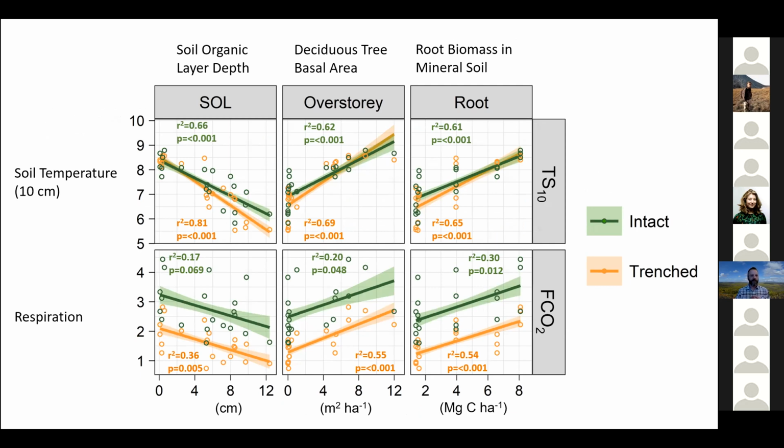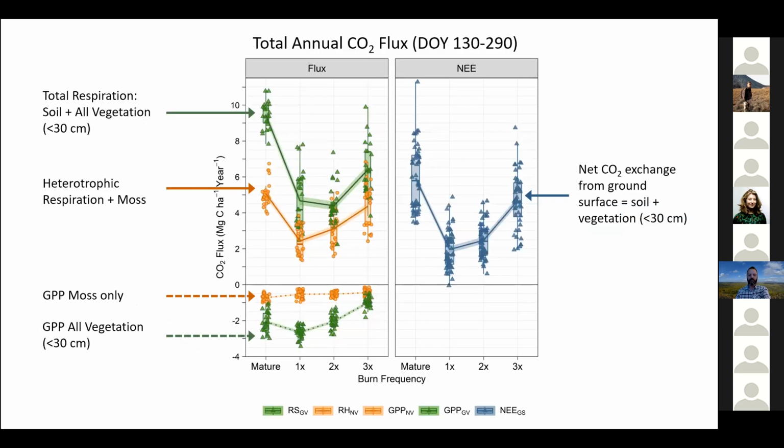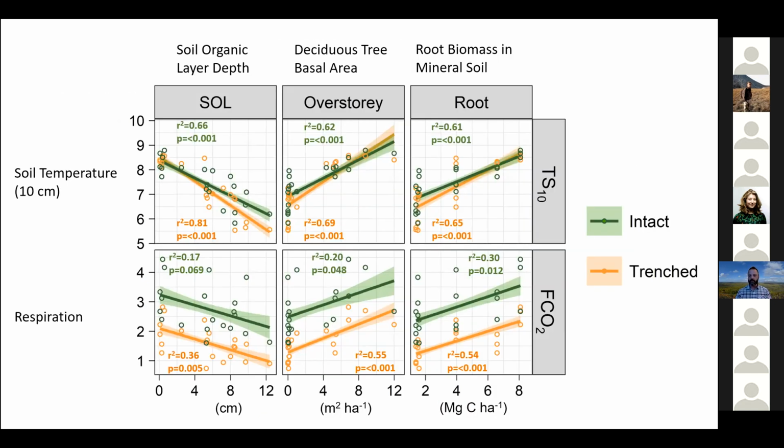However, that was only when we set a separate intercept for each treatment. If you look at each of the fixed effect values, if we adjusted the model by just predicting the same temperatures as at the 1-time burn, it only accounted for less than 30% of the difference between the 2- and 3-time burns and the 1-time burns in terms of CO2 flux from heterotrophic respiration. So that means there was a lot to this pattern of flux that's not being accounted for simply by surface temperature alone.